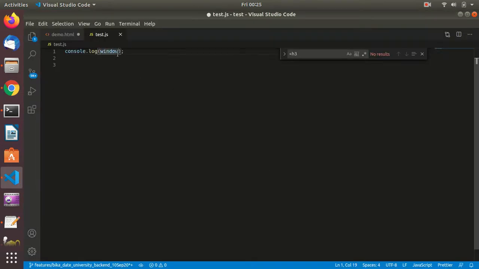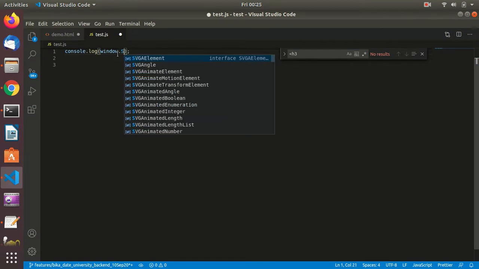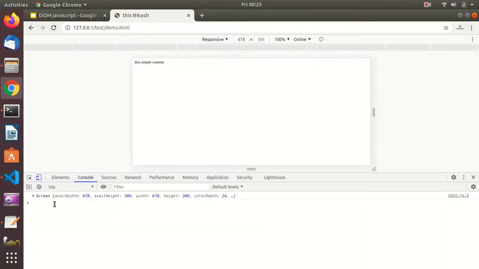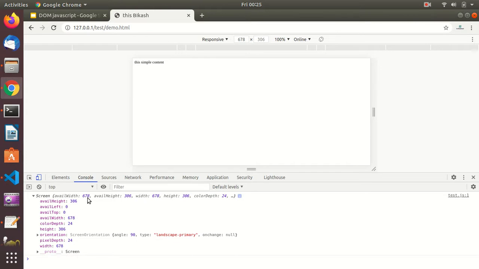So window.screen, if I print this, then you can see all the information regarding the browser and your window is available. So this is the width available and this is the height, right?